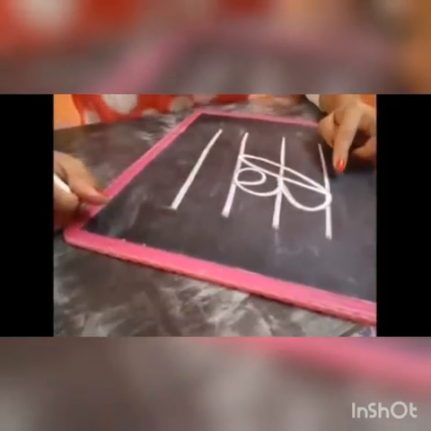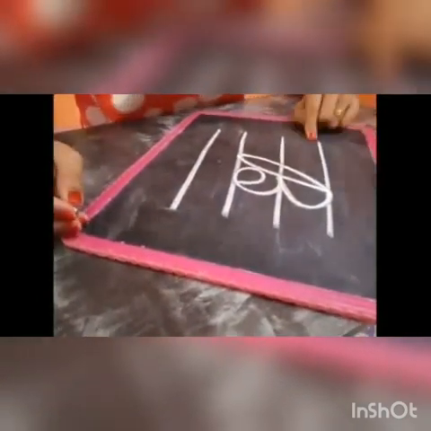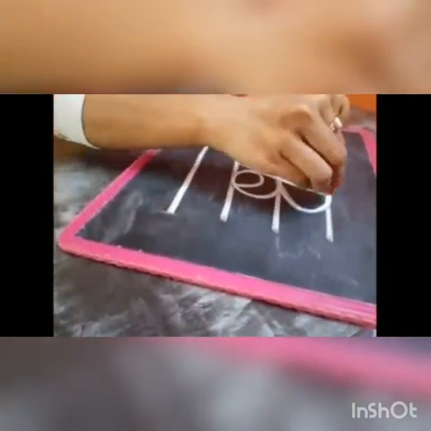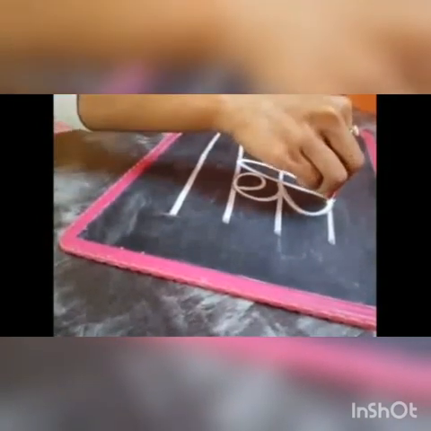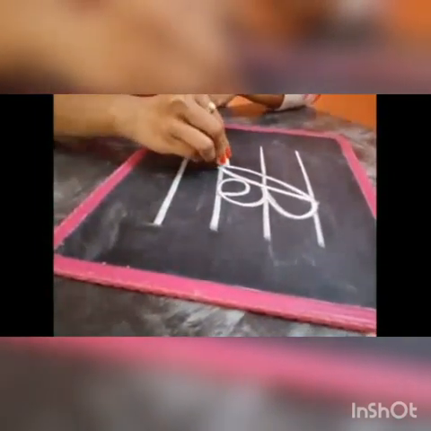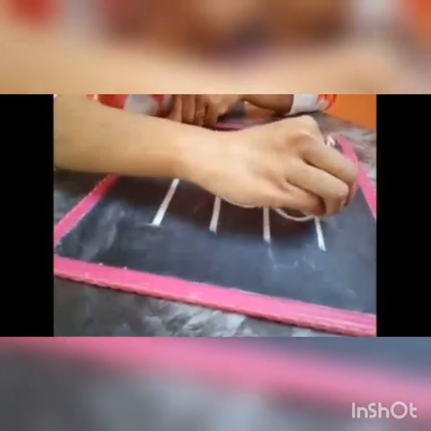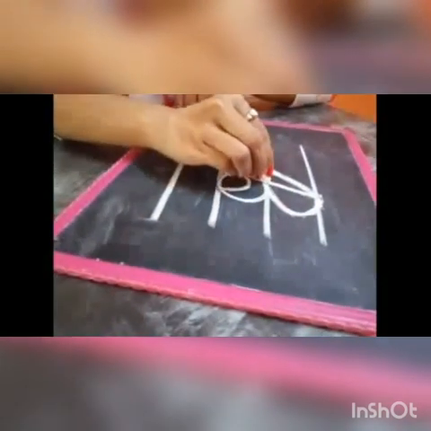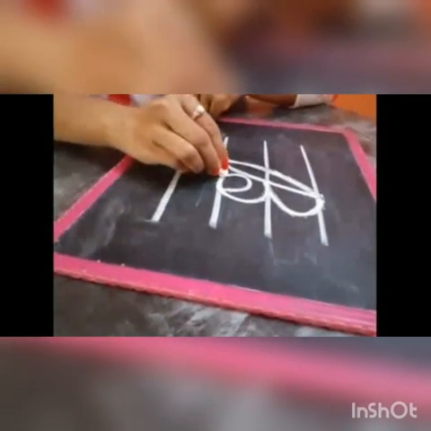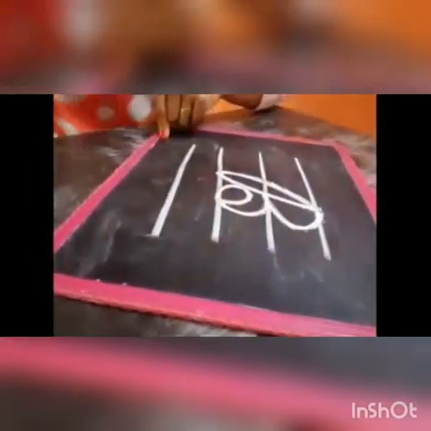Let's learn about letter B. So this is letter B. Letter B will start from the capital line, the first line. Keep your pencil here, start from here, come down with a slanting line. From the baseline, take a turn and go back up, making a curve. Then make a half curve, touch the second line, then again make a half curve touching the baseline and make an inside circle. This is the letter B.